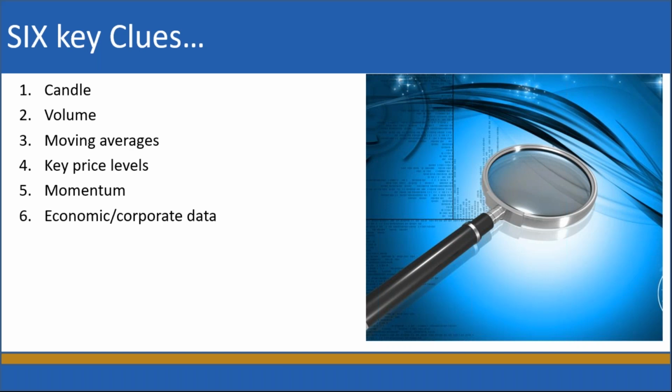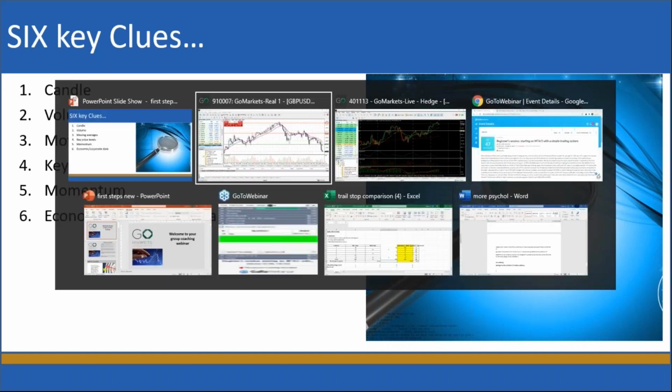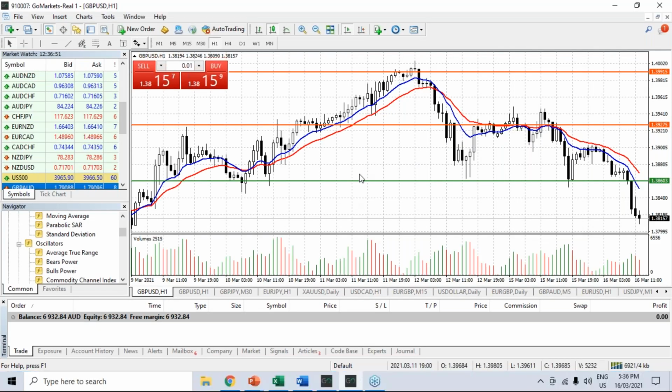So let's look at these. Well, we've already talked about bullish and bearish candles. So if we were trading a long trade, it would make sense, surely, that it was a bullish candle. If we're trading a short trade, it would make sense that it was a bearish candle. So if we look at this GB pound US dollar chart,